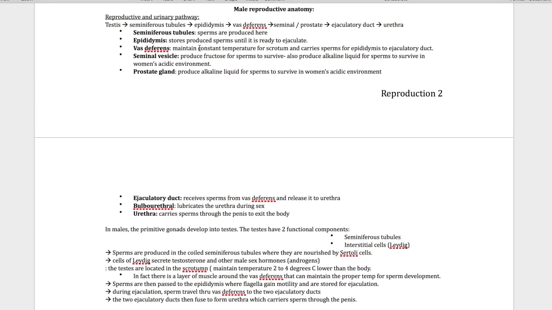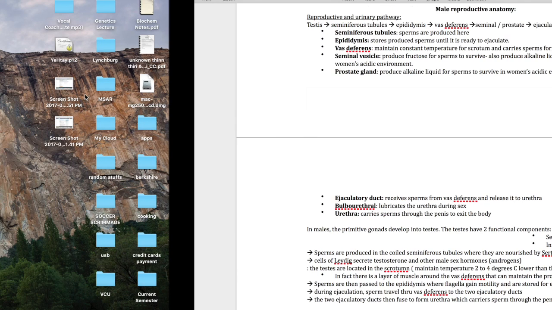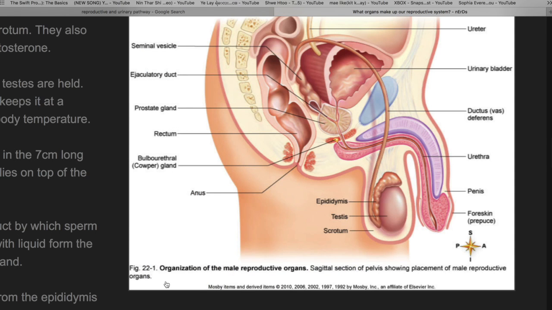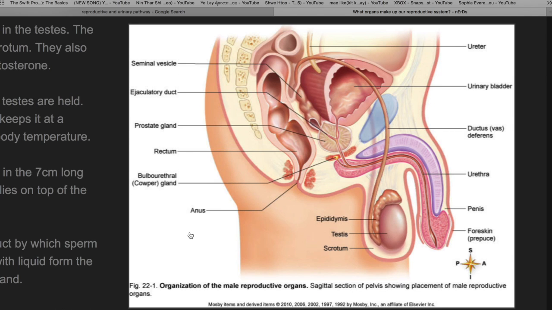in animal reproduction. Alright, so let's just talk about the pathway of reproductive and urinary, right? Reproductive, that's one reproductive. I looked up a picture so I could show you the pathway, just to remind you, right? So,